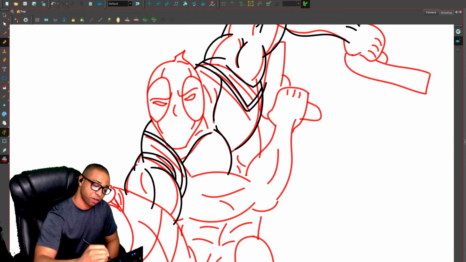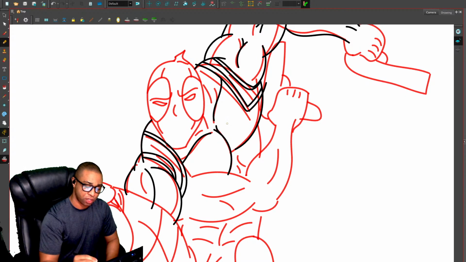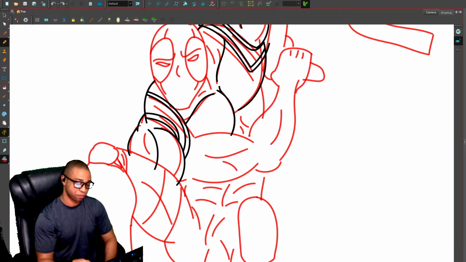And then right here on the shoulder. See what it is going around the shoulder. So I'm not gonna worry about it. I don't know if I want to put those lines in the chest like that. So I'll come back to it.